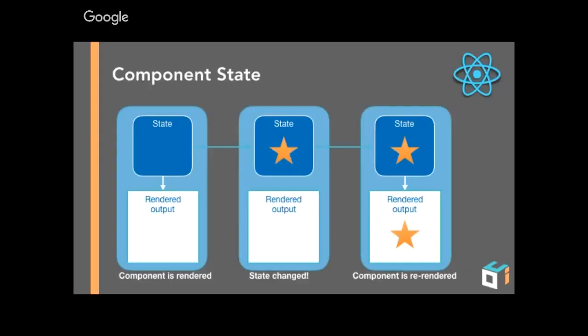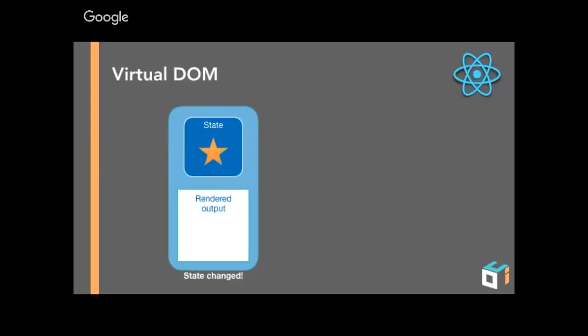React will re-render your entire app. Not the entire app, but it'll re-render everything downstream based on that change in state. And that sounds rather inefficient, because you could end up re-rendering the UI potentially every time the user types a key in a text field, for instance. If you have that text field going to some value in your state, every time it changes, React is going to re-render your entire application, which sounds inefficient, but it's not because of the virtual DOM, which is React's